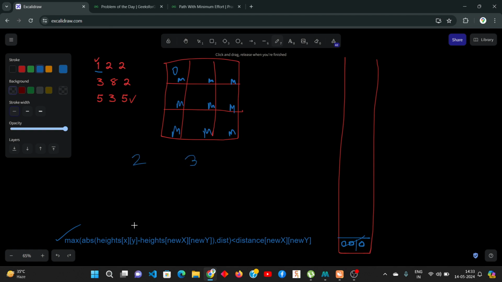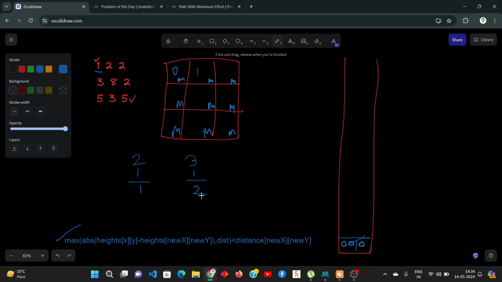So for the absolute value, the previous value is 1 and the current nodes are 2 and 3. So we have to calculate the absolute values, that is 2 minus 1 and 3 minus 1, that is 1 and that is 2. And we have to check the previous weight, that is 0, and the current weights, that is 1 and 2. So for this position, the current weight is 1 and the previous weight is 0. We need the max value. So the max value is 1, and it is smaller than the current position element. Obviously, yes, because initially it is infinite. So we can update the 1 here,